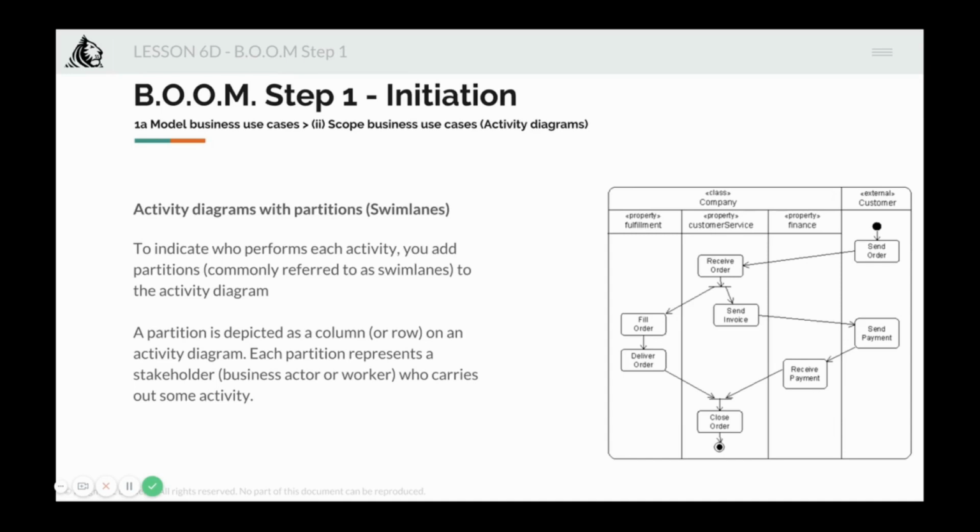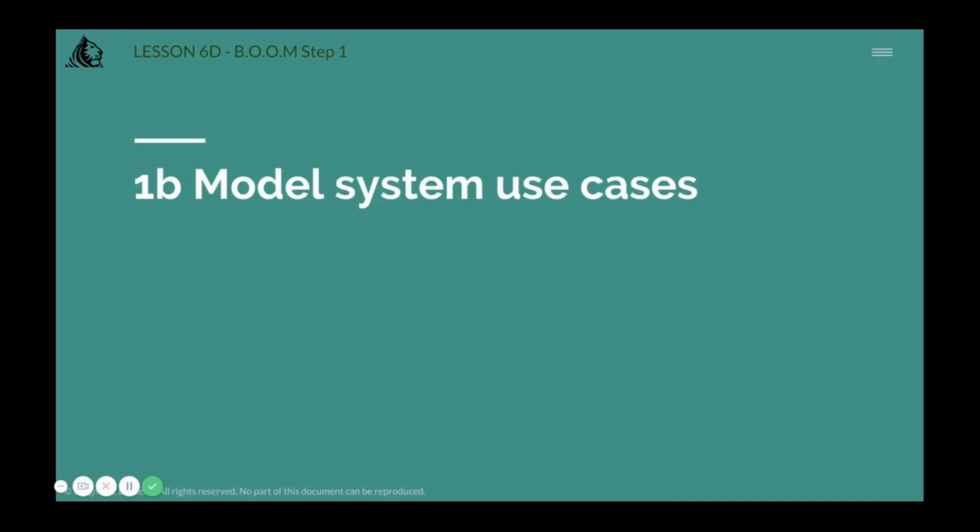Which makes it dead simple: what's the role of Talvinder and who is the actual actor in this particular activity, right? So let's move along. Let's now model the system use cases,